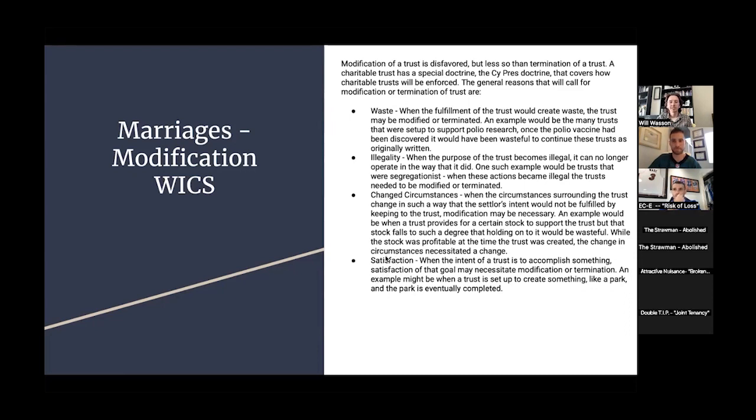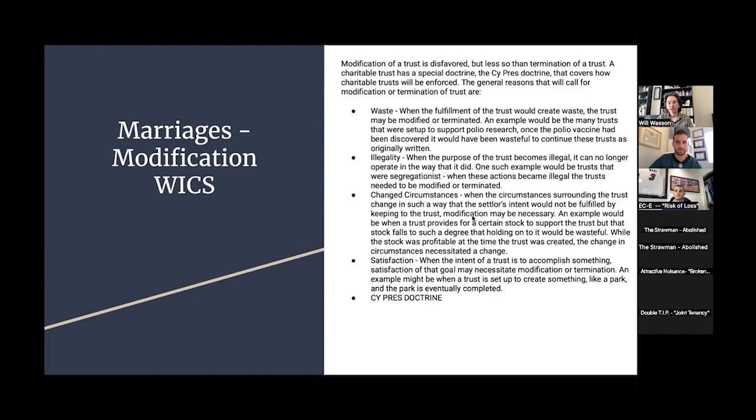Waste, changed circumstances, and satisfaction are going to look very similar a lot of the time. There are many examples in which all three of them will look exactly the same. You just want to say all four down on the paper, and then make a decision. Say why you think it is more likely to be one, or say in this instance it's all three, whatever you want to do. It doesn't really matter what your conclusion is. It matters that you get the right analysis leading up to the conclusion. So make sure you're doing that. Illegality obviously is kind of the black sheep. It definitely looks the most unique out of the four.